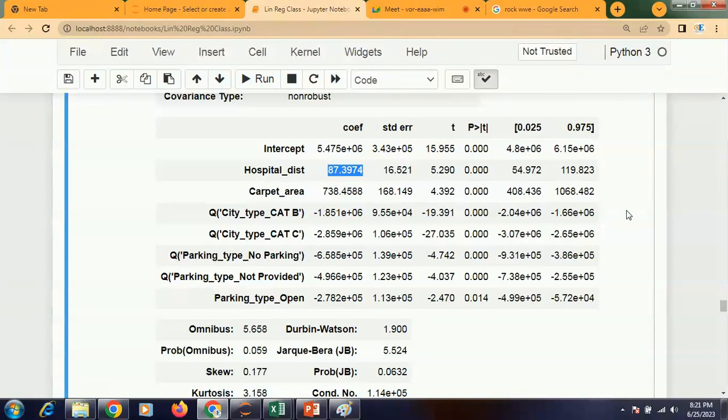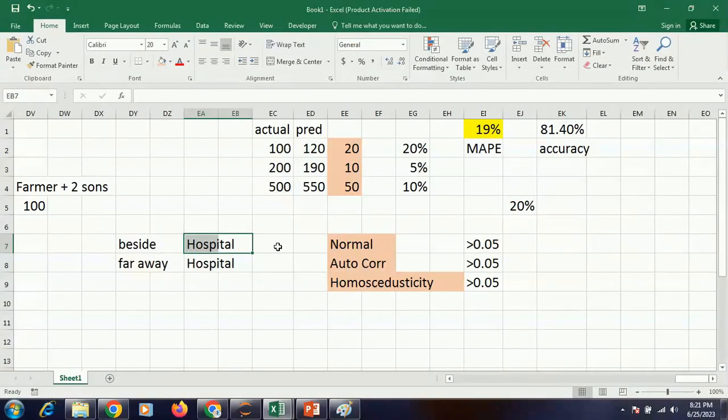Yes, so you are saying somebody staying beside Peerless Hospital is paying, for example, 10 rupees as rent, and someone staying far away from Peerless Hospital is paying 20 rupees as rent. But that might have happened because the one far away might be a bigger flat. I am telling you, just imagine exactly the same flat beside the hospital, exactly the same flat.